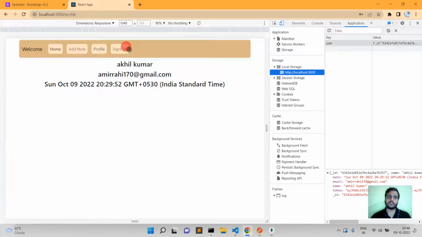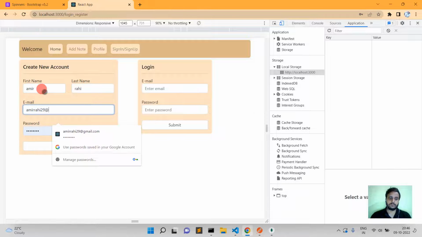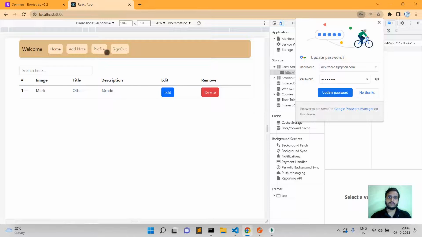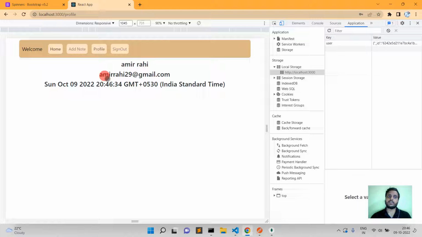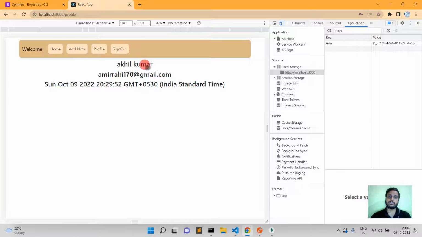Now I'm going to check, only one data is there. I'm going to create one more ID. Now you can see the name is coming and email and date. Now I sign out, login with other ID. Then you can see other user is there. Okay,